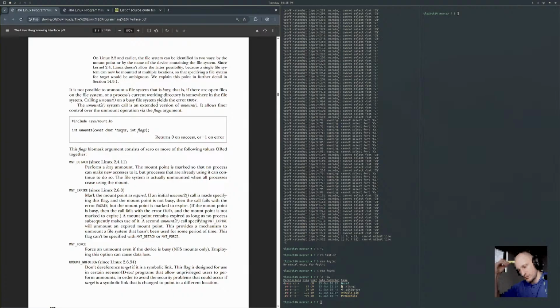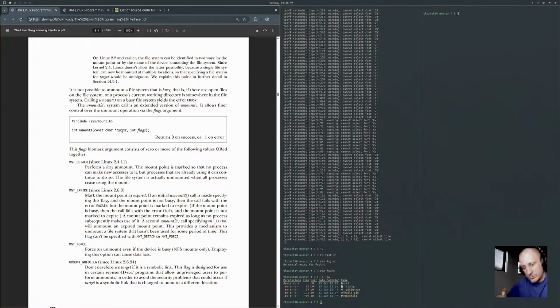Since Linux kernel 2.4, Linux doesn't allow the latter possibility because a single file system can now be mounted at multiple locations, so specifying a file system for target would be ambiguous. We explain this point in further detail in section 14.9.1.